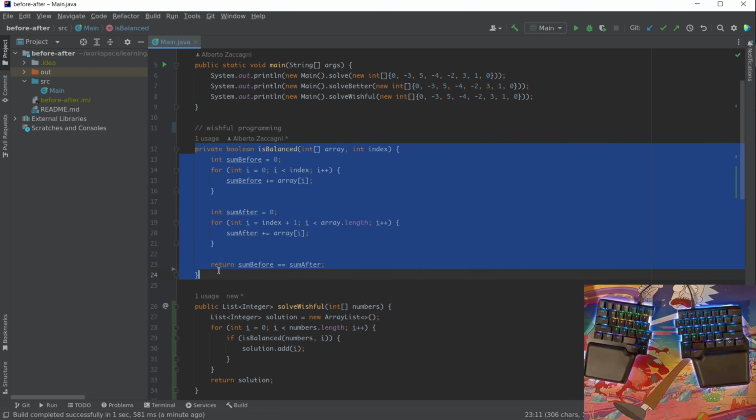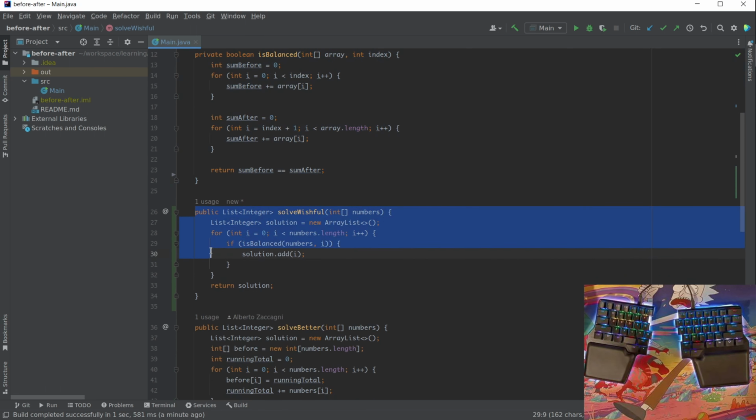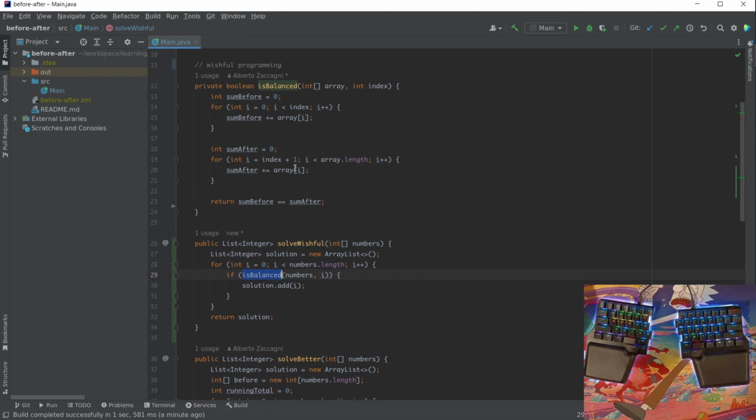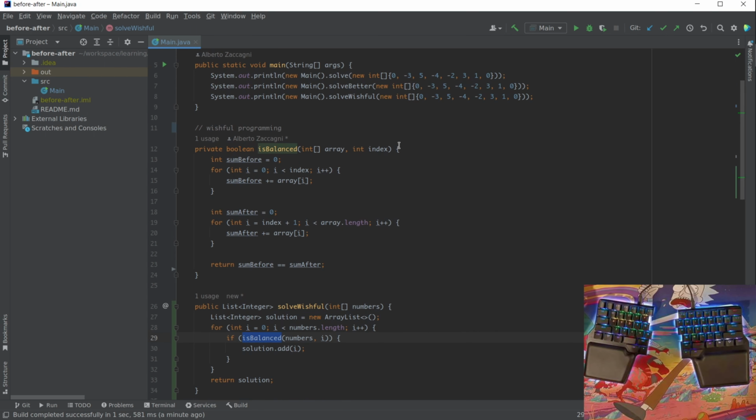And so I assumed it working. I coded all of the algorithm based on that assumption. And then I went back to here and implemented it step by step. Starting from the definition, I found out that I needed a sum before the current index, a sum after this index, and then I had to check the two sums. And this is another way of approaching the problem.